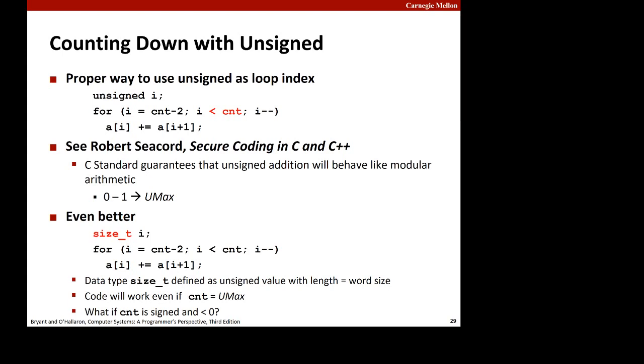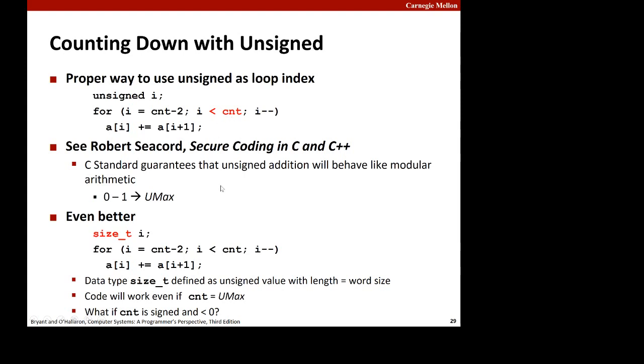Because the logic behind that, you keep going until that happens. Because once i goes to 0, then the next thing it will become is it will wrap around and become UMax, because unsigned arithmetic is guaranteed to be modular on any machine on any compiler. So you're guaranteed once it goes below 0, or apparently below 0, what it's really going to do is go up to a really big number. And so that's a very non-intuitive looking loop writing scheme,